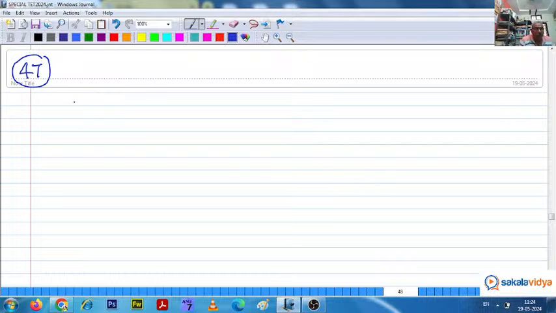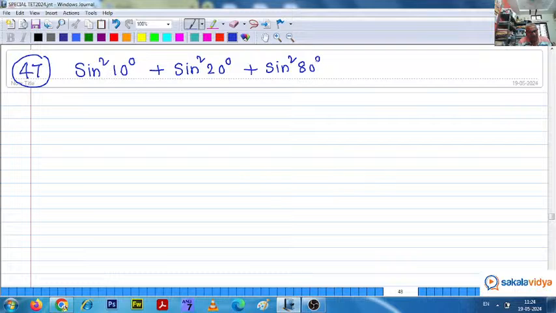Next question. Sine square 10 degrees plus sine square 20 degrees plus sine square 80 degrees plus sine square 70 degrees is equal to